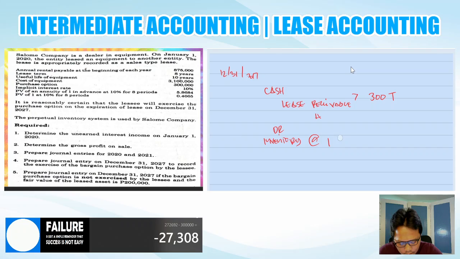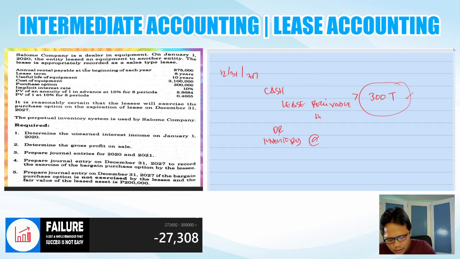So, paano mangyayari yung gain? Yung gain mangyayari if the fair market value of the asset is higher than the lease receivable outstanding balance. Which, in this particular case, ito nga, 300,000. If the fair market value is lower than the outstanding balance of your lease receivable, then we have a loss. Sa example nga, assuming daw na yung fair market value is at 200,000 only,